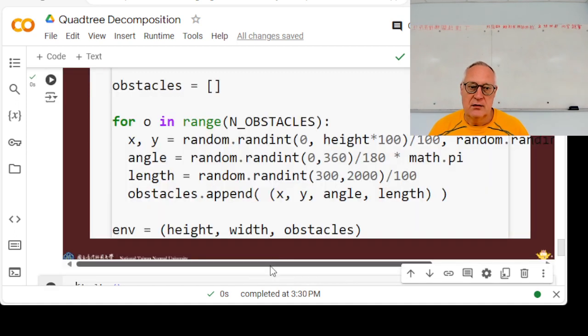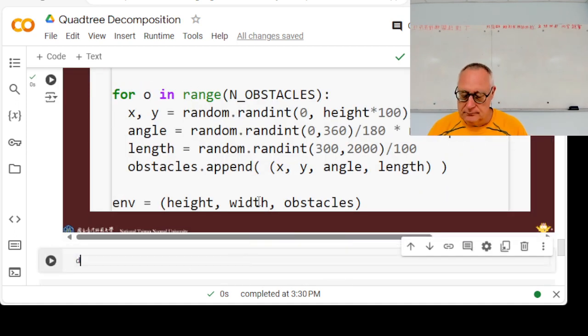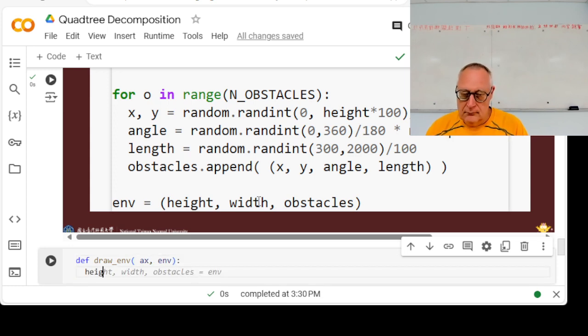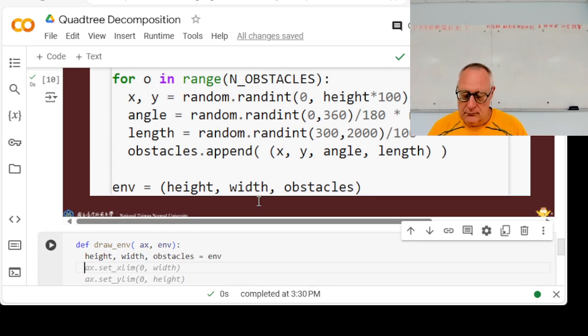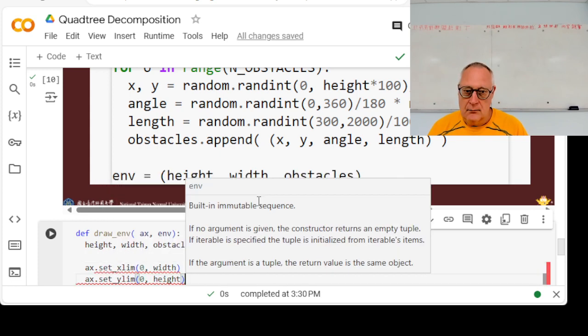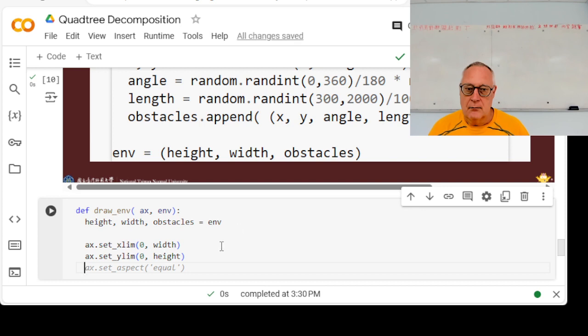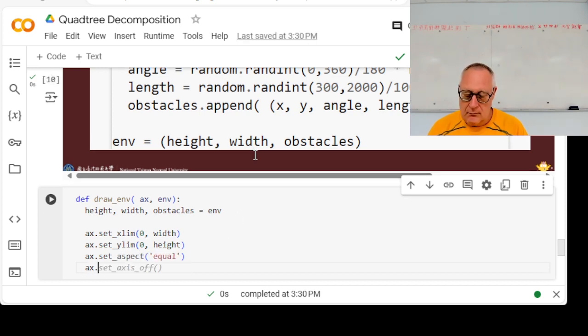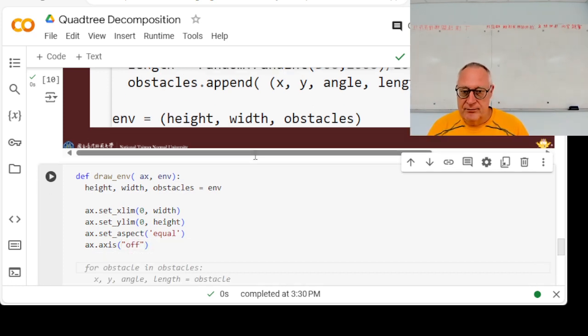So let's plot this. Set axis off. I thought it was axis off. Okay, then